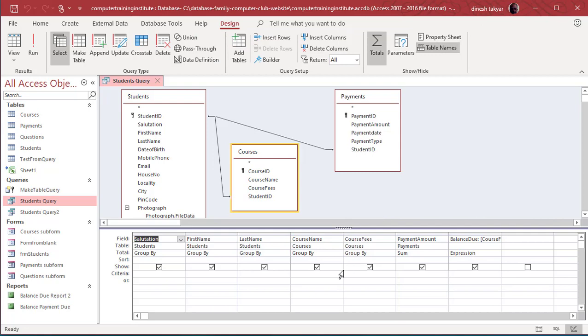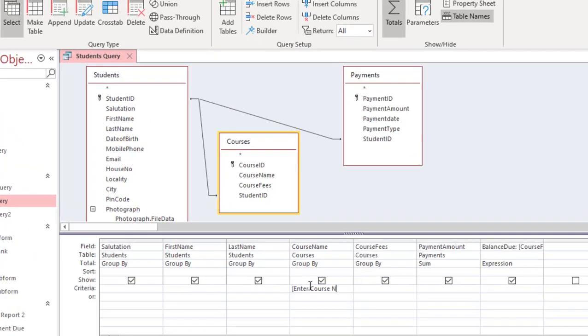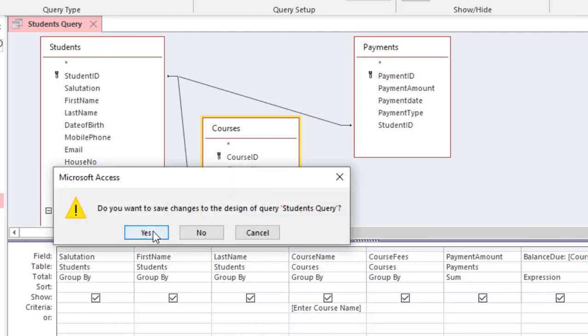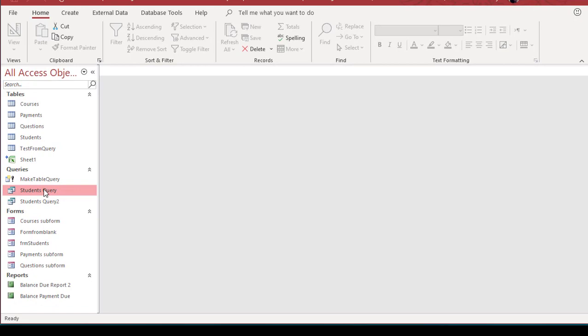So under the course name, in the criteria row, we will write in square brackets, enter course name and square brackets close. I'll close this query and of course it will ask me to save it. So I will save it. And you see, now when I run this,